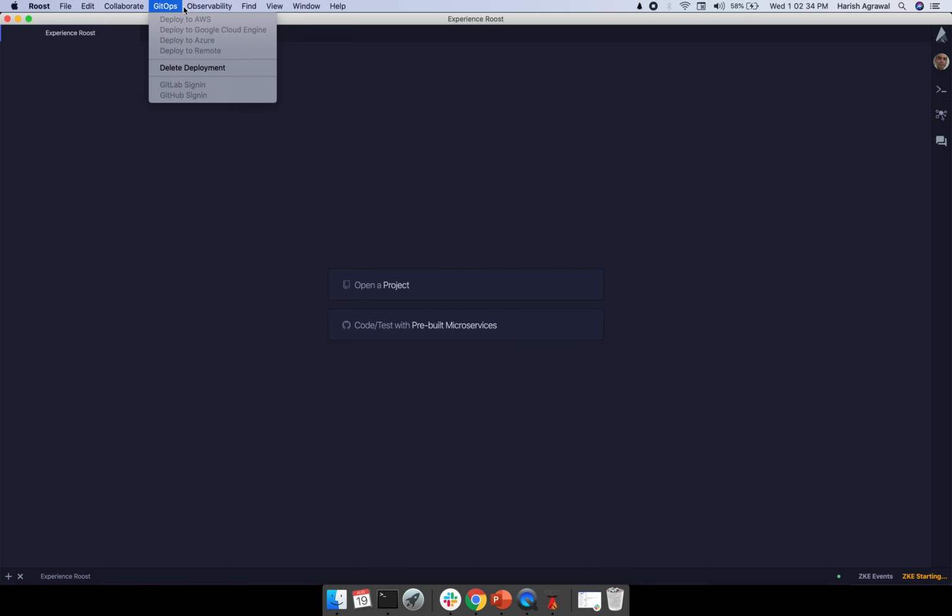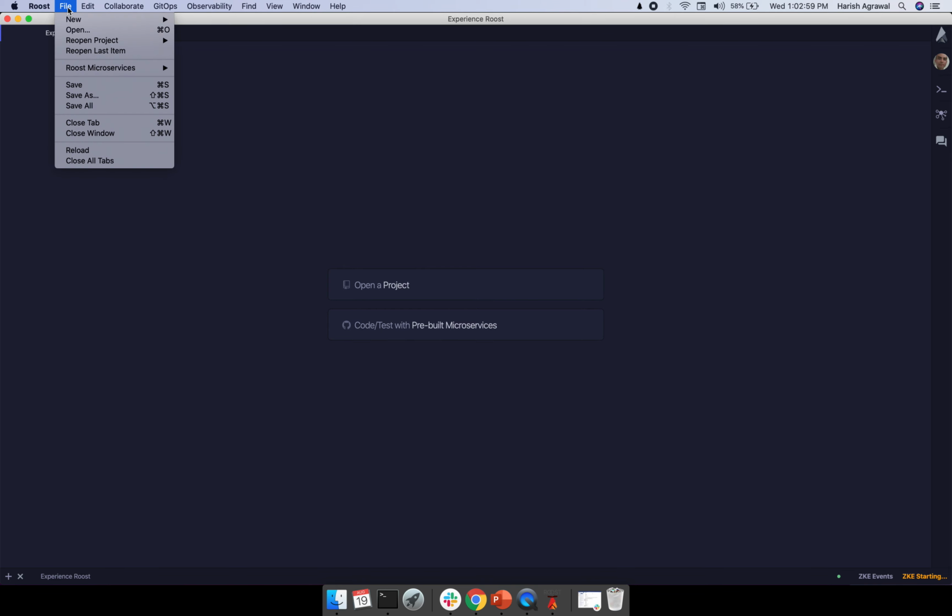There's a menu item for GitOps, which would come handy typically when you are ready to deploy your code outside the local cluster or do any Git operations, and observability, which is again in the current revision we have workload analytics, but as we move ahead we will have service flows and other observability views appearing.